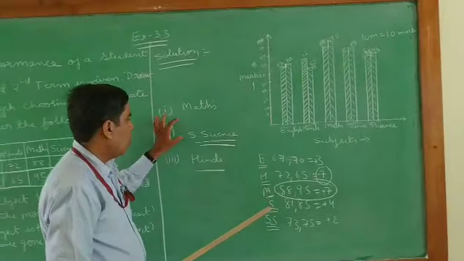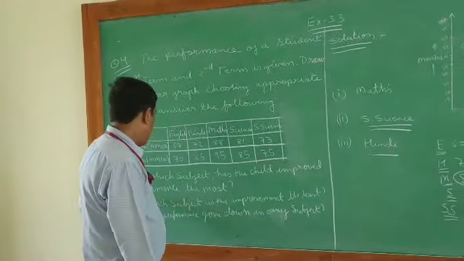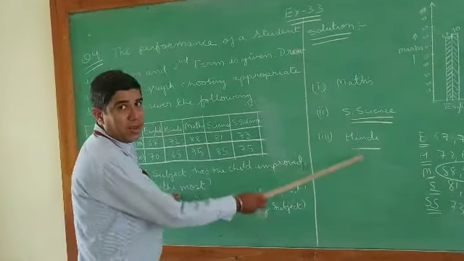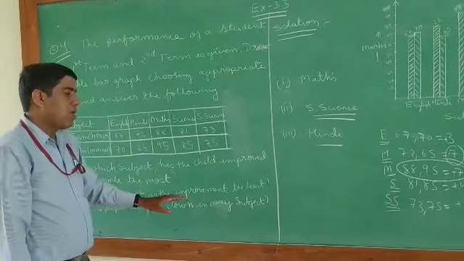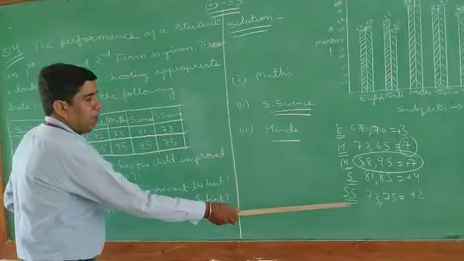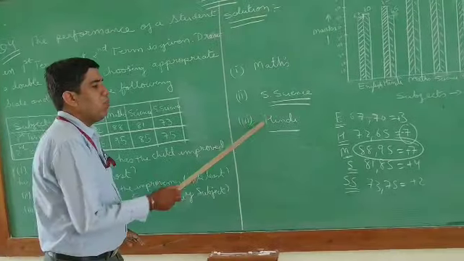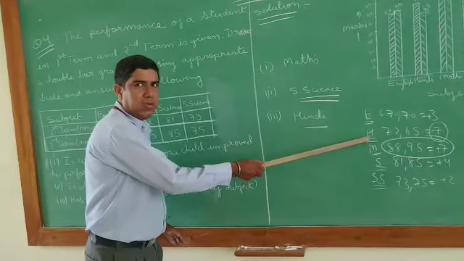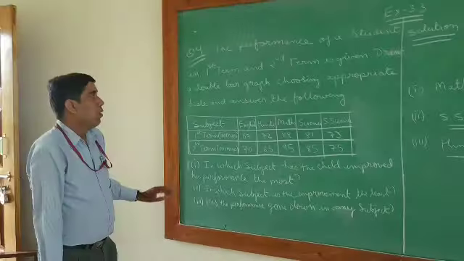So you can see now, what is the question asked here? Which subject has improved performance the most? So the answer is mathematics. You can see the plus 7. And which subject has the least improvement? You can see social science, only 2 marks. And where performance has gone down, you can see it is Hindi, because marks improvement is not there, it is decreased by 7 marks. And this question completes here.